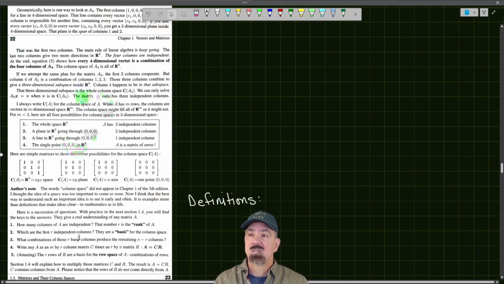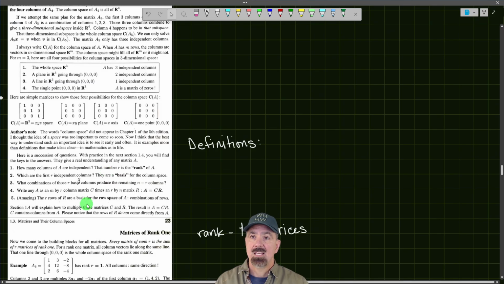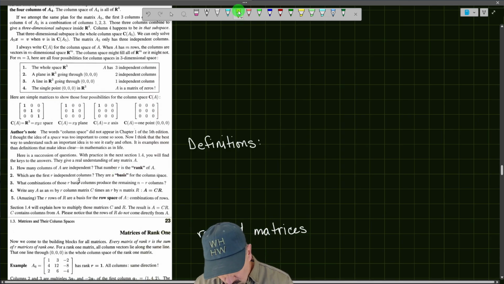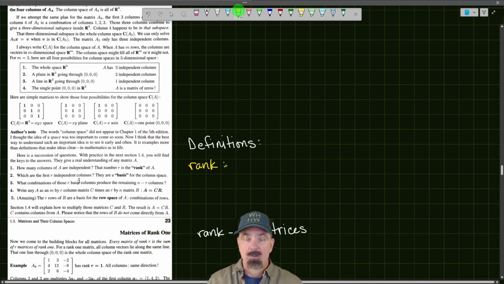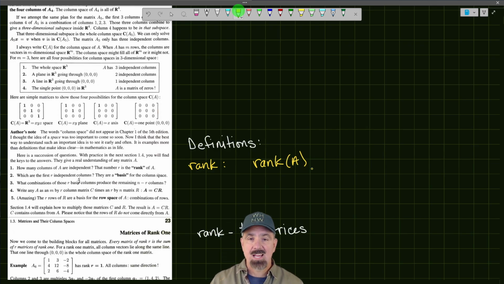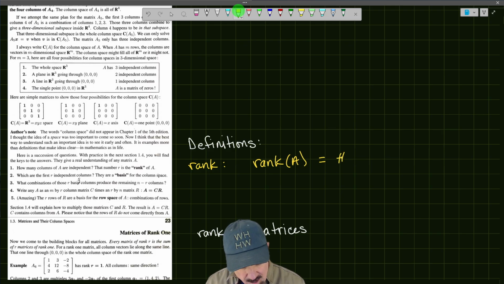So here on page 22, he provides some examples associated with rank. And then he gives us some words down here that we're going to take a look at the definitions of. So it turns out that rank is associated with a matrix. So we have the rank of a matrix, for example, rank of A, and the rank of A is equal to the number of linearly independent